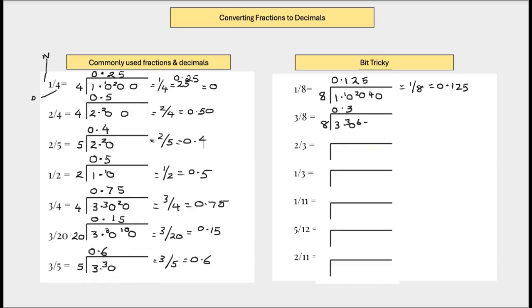6 left over. 8 into 16 goes 7 times. 8 into 60, sorry, goes 7 times, because 8 times 7 is 56, which leaves us with 4 left over. And 8 into 40 goes 5 times. So we know 3 eighths equals 0.375. So now let's move on to some things called recurring decimals, and that's the decimals that can go on